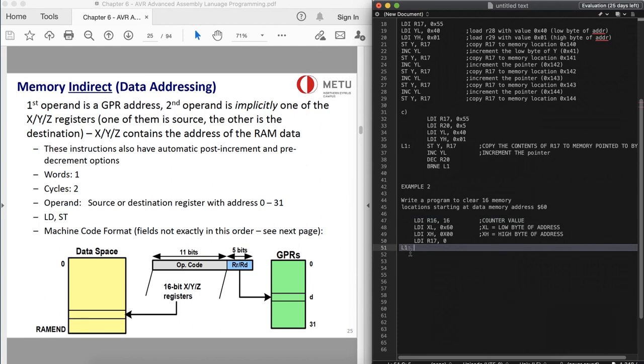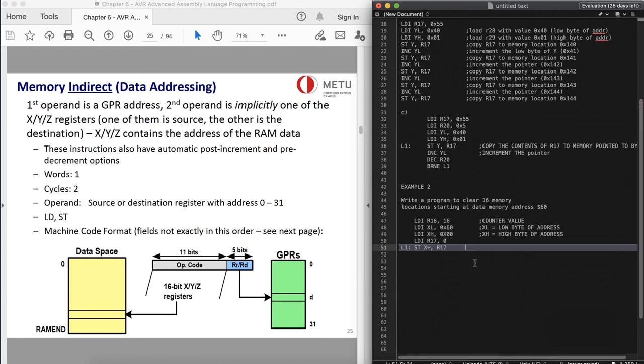L1, it's going to be store X plus, comma R17. So that means R17 is going to be stored into X, which is starting hex 60, and incremented